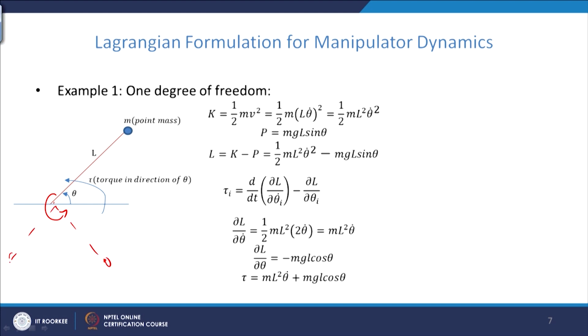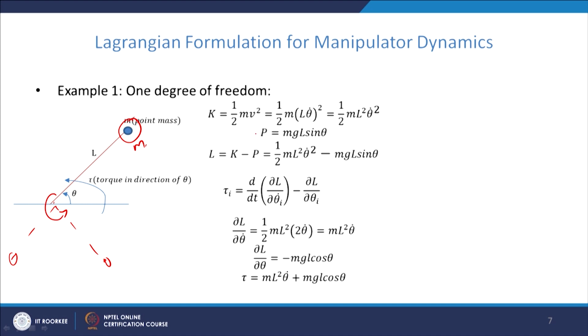Okay. So, the motion of the pendulum we can analyze using this formula. The kinetic energy is half into mass into velocity square. Here it is an assumption that the mass is concentrated at a point only at the end of the pendulum, and the remaining mass is negligible. So, m is concentrated at the end of the pendulum, that is the assumption.